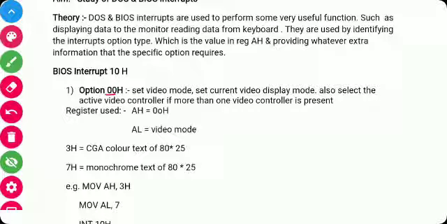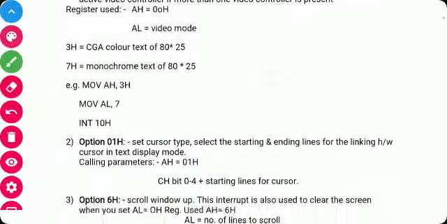For that purpose this function 00H is used. The function 00H is stored in the AH register, and AL will contain the video mode. It sets the resolution as well as the text width.